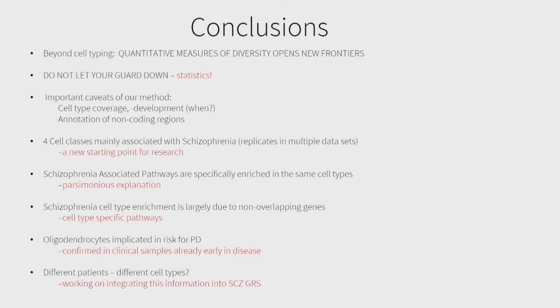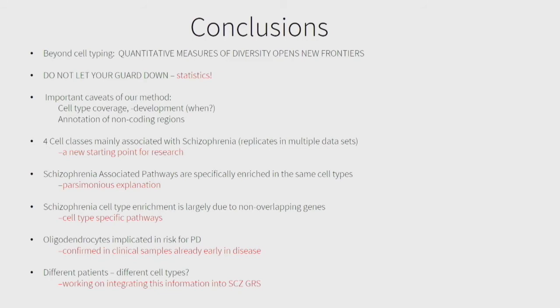And the second one, this is very important. Don't let your guard down when you read these papers. Don't trust them. Make your own analysis, because it's early days for single-cell sequencing yet. We're still trying to figure out which is the best way to mathematically or statistically handle this data, and people are making too large claims constantly in our literature. So be wary when you read the studies.